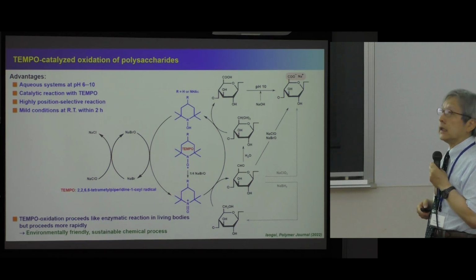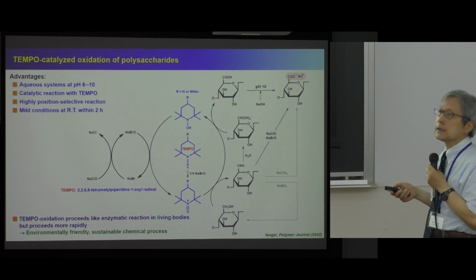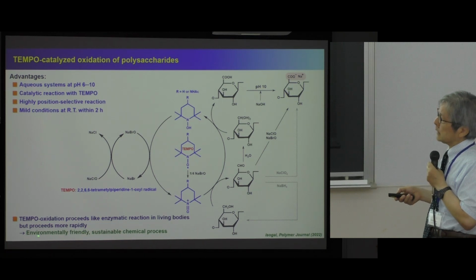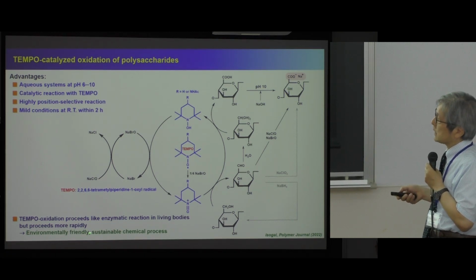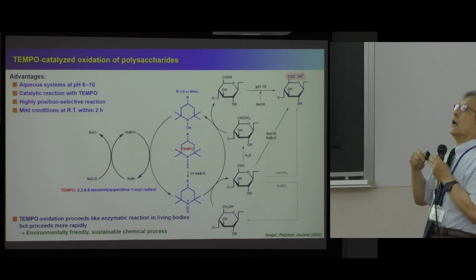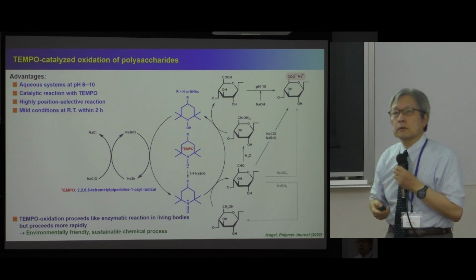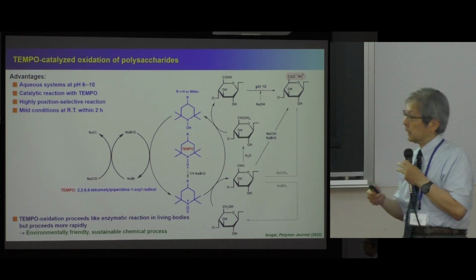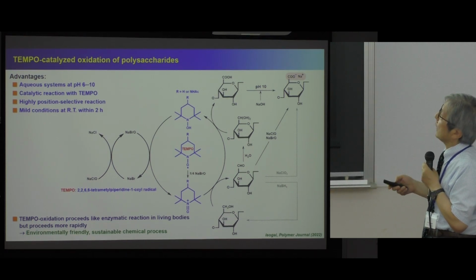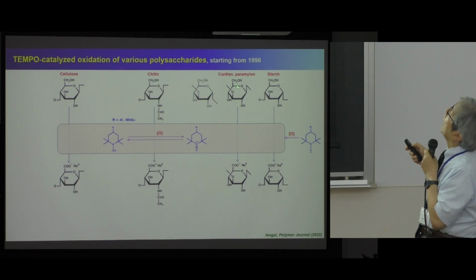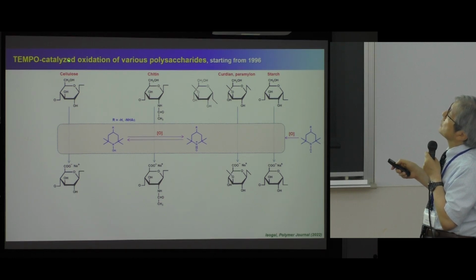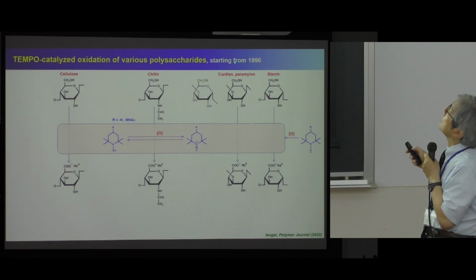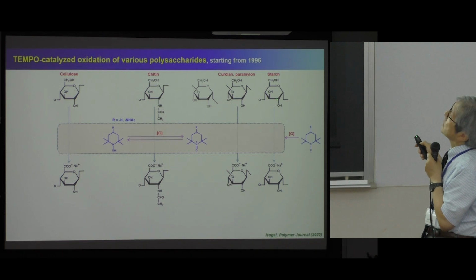So we believe, in 1996, that this system must be an environmentally friendly, sustainable chemical process, opposite to the conventional chemical reaction using organic solvent and large amounts of chemicals like this. So we started this application of TEMPO oxidation to various polysaccharides from 1996: cellulose, chitin, curdlan, amylose, alpha-1,3-glucan, starch, like this, using